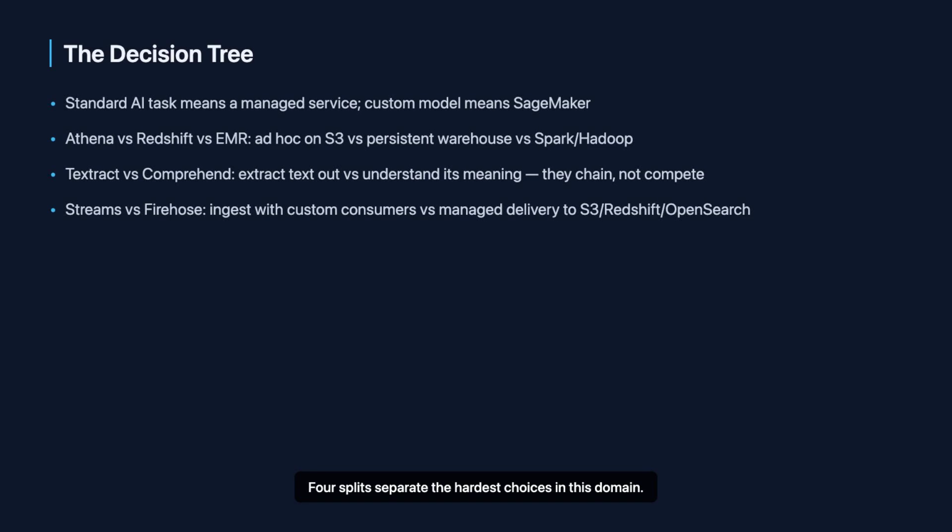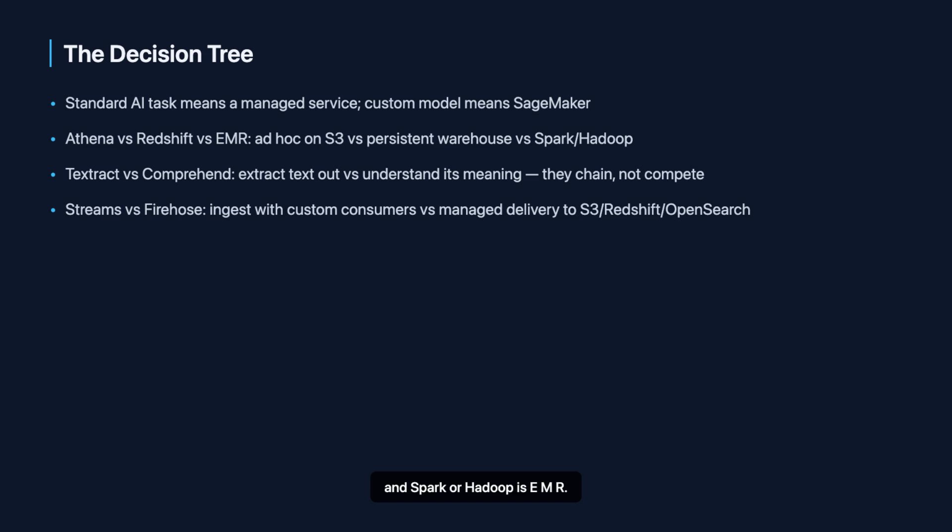4 splits separate the hardest choices in this domain. First, for the machine learning question, a standard task, like reading text or detecting sentiment, points to a managed AI service, while a custom model points to SageMaker. Second, the analytics trio: ad hoc SQL on S3 is Athena, a persistent warehouse is Redshift, and Spark or Hadoop